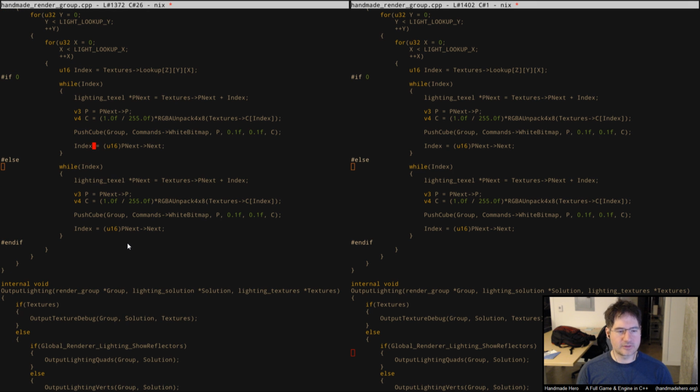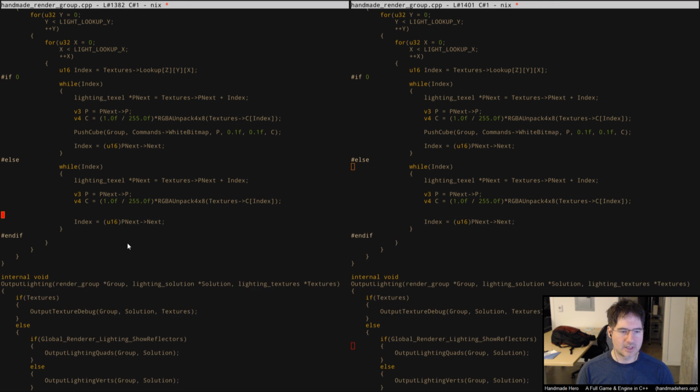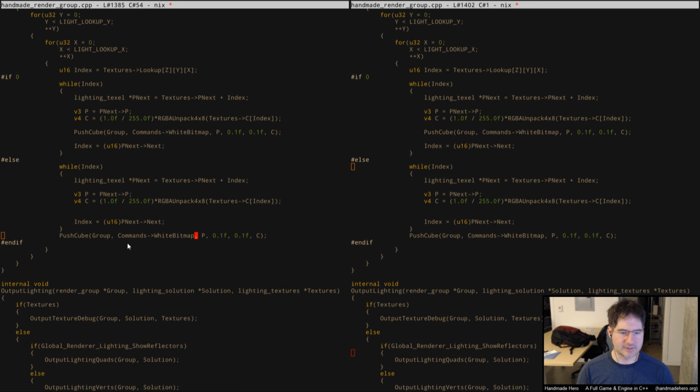So the first thing we want to do is instead of actually outputting things at their real location, we're going to output them at the center of the voxel so that we can see where it is. We're still going to do the push cube, but we're going to do it outside. So we need to have a thing here that says where we should put the element,